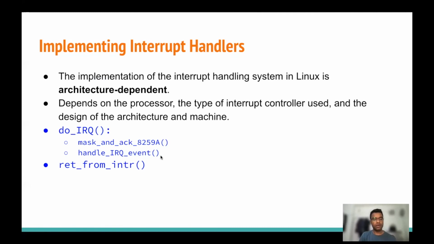When this interrupt handling is complete, it will run the return from interrupt function, and it will return to the kernel code where it was interrupted when it got the interrupt. In this function, it checks if other interrupts are pending on the processor, and then it will run those interrupts. Otherwise, it will go to the previous code, or it can go to another process if there is a need to reschedule.